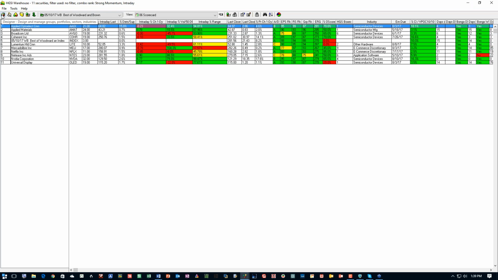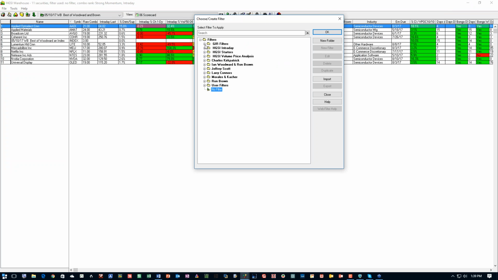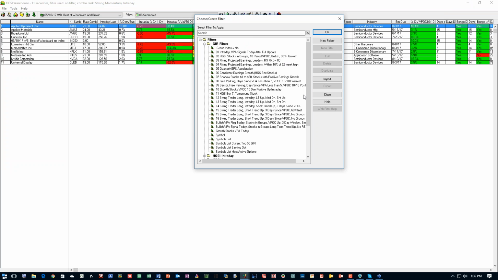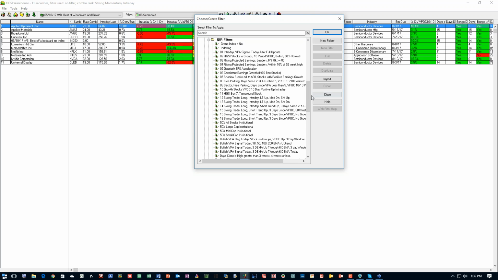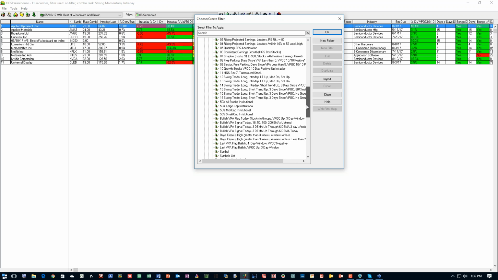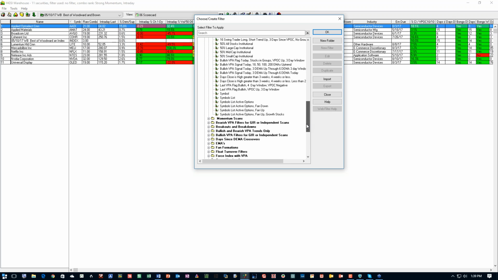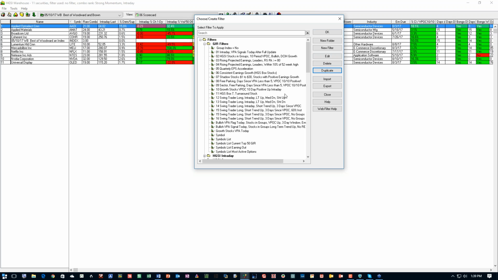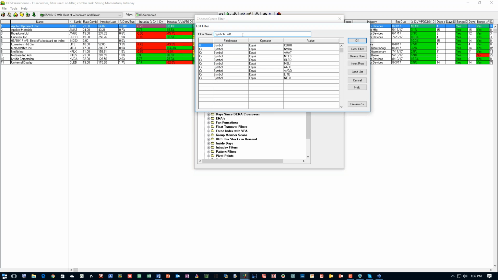So I will go to my filters, and I'm going to go under Ron Brown here, and go to the group inclusion report filters. I just named this folder that because I was experimenting running these against the group inclusion report. I don't use all these anymore, but they're in here and I hate to take them out. So I'm going to click on this symbols list and duplicate that list. And then I will edit it, symbols list, all